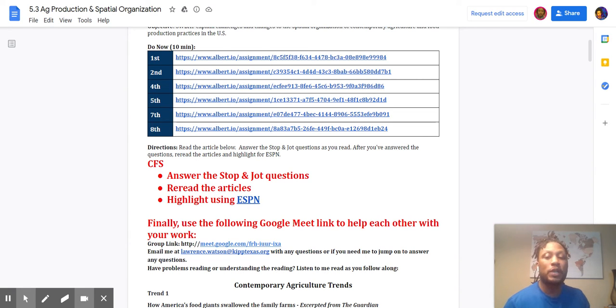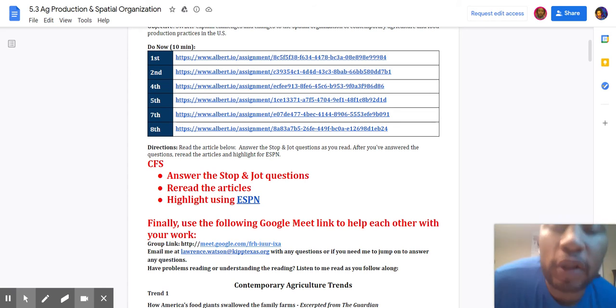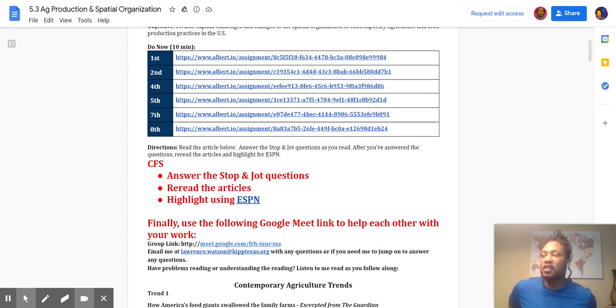You'll notice ESPN is highlighted, or there's a hyperlink for ESPN. And what that basically is, it will send you to the class site so that you'll see ESPN and have a better understanding of what E, economy, means, S, social or society means, P, political or government, and N is for environment. Okay. Finally, what I want you to do is I want you to use the following Google Meet